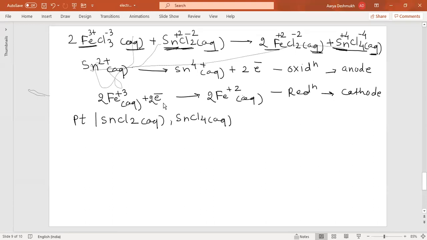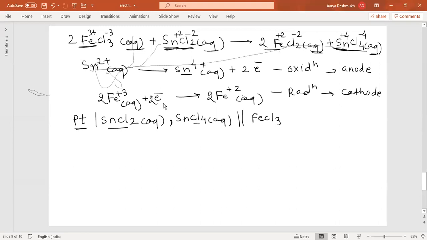So this should be separated by a comma because we have already written this electrode. So SnCl4, it is Sn+2 getting converted into Sn+4. So we have written here SnCl2, SnCl4. These are joined through the salt bridge, which is denoted by a double vertical line, and getting converted into,